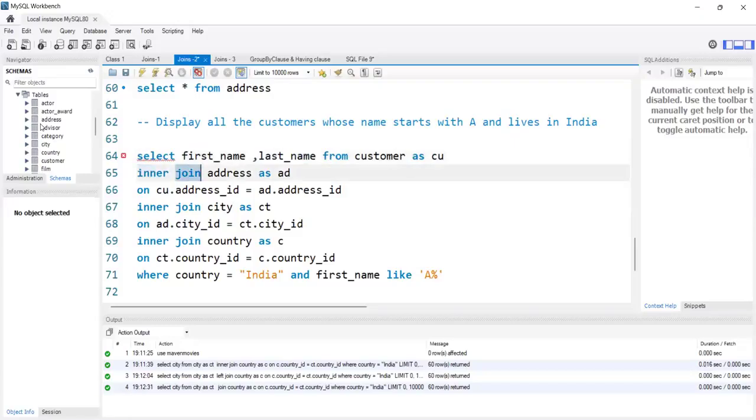Whenever we are performing inner join between two tables, it will display the common data between the tables. Correct? And what is the left join? I need to get all the data from the left table and the common data from the right table. Correct? So whatever the join is,